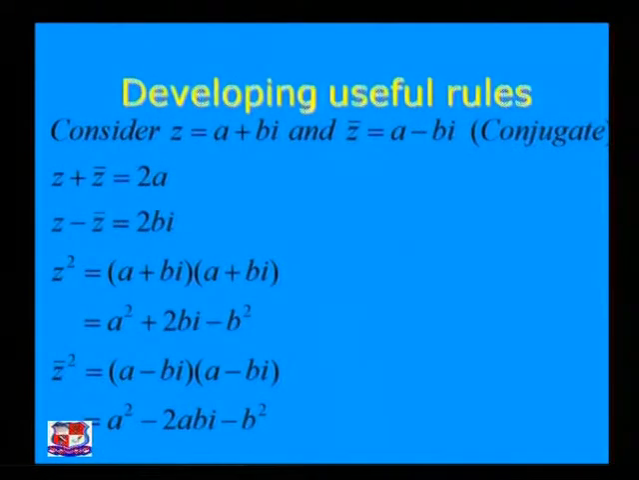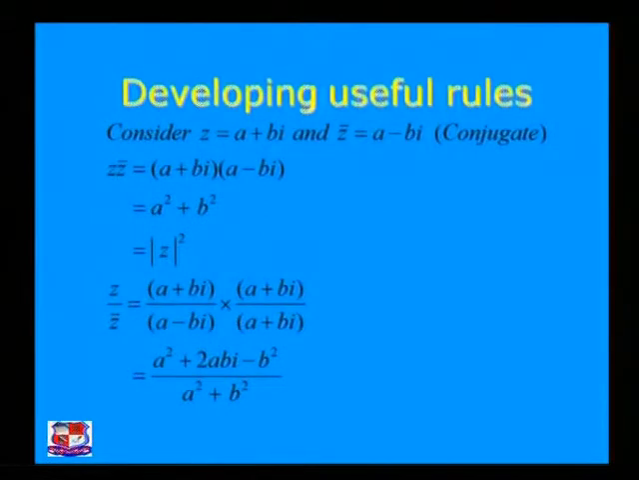2bi. So we will get z square, that is equal to a plus ib into a plus ib, that is equal to a square plus 2abi minus b square, and z bar square, that is equal to a minus bi into a minus bi, that is equal to a square minus 2abi minus b square. Okay,